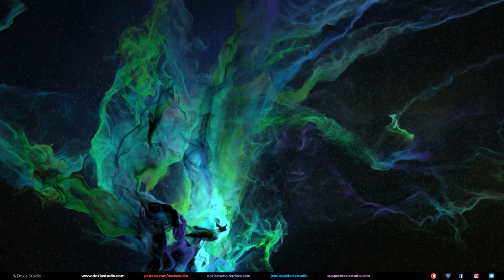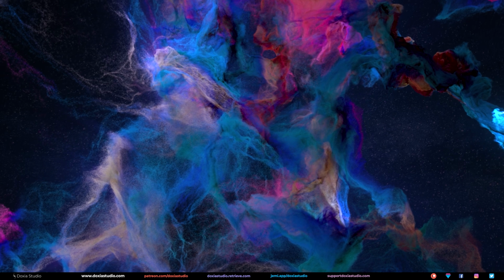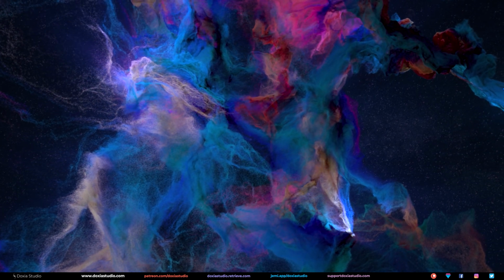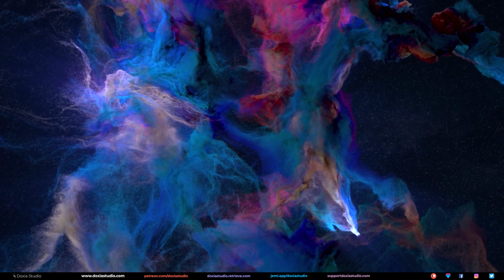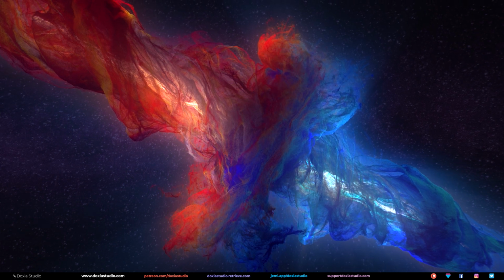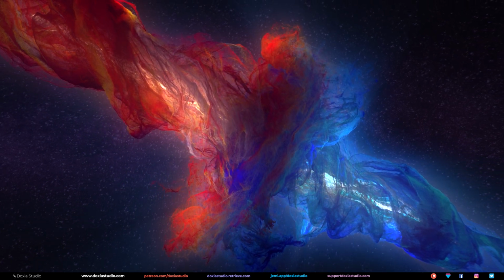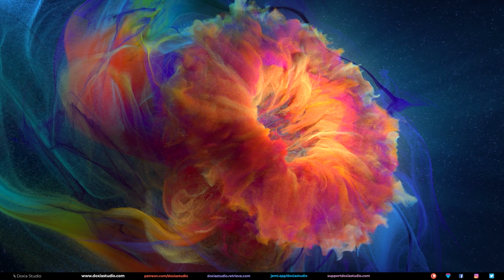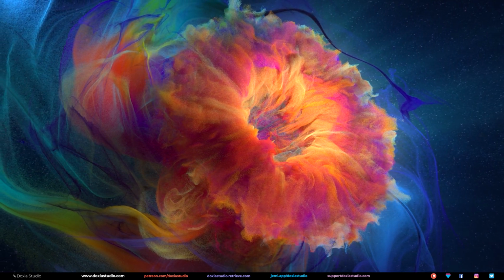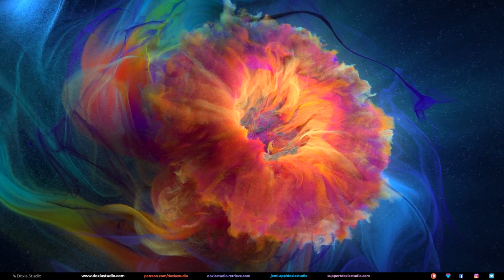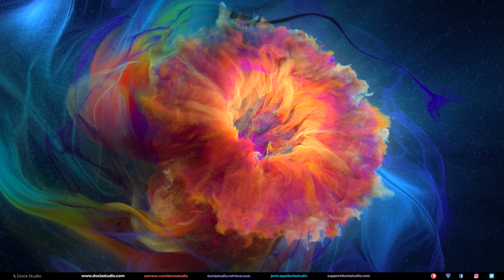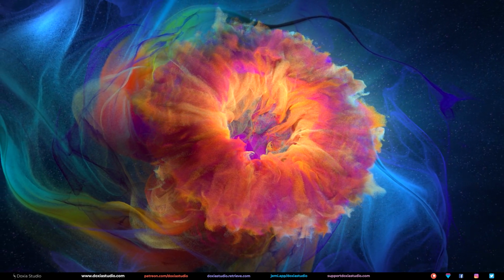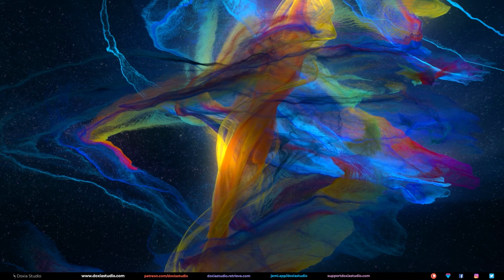In the first part, create an abstract Nebula with simple VOP nodes. In the second part, we will learn how to add details and custom forms to our Nebulas. And in the end, the third part, we will cover how to render them with Redshift and how I do post-process in After Effects.